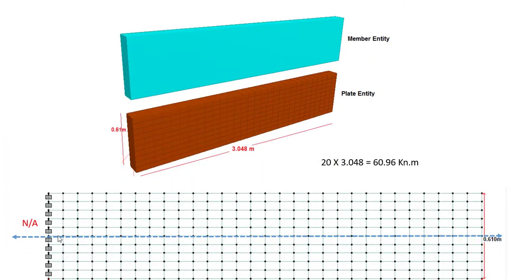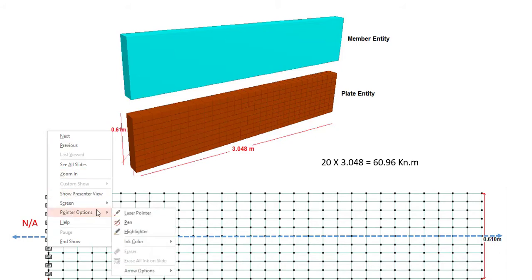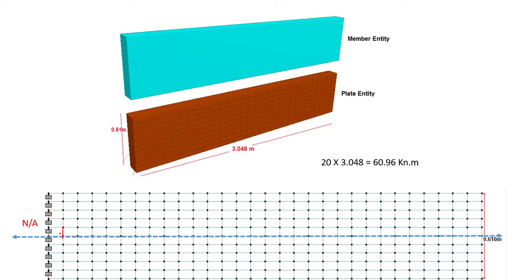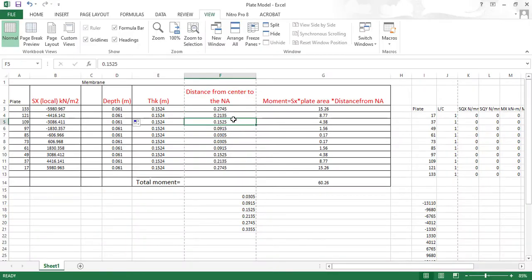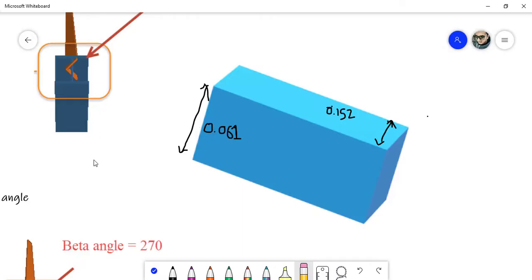right? So how will you get this particular distance? It is simple. See, each component has a dimension of 0.061, right? So I can add 0.061 plus 0.061 plus 0.061, so up to here you can get the distance. The same thing I have performed over here. So the distance from the center to the neutral axis, for this particular entity, what will be my neutral axis? This will be my neutral axis, right? I am right now talking about a small entity. So 0.061